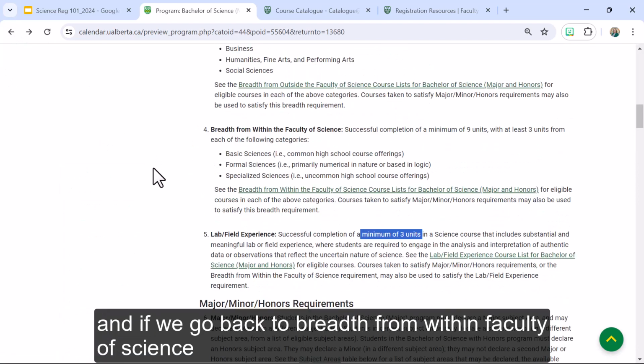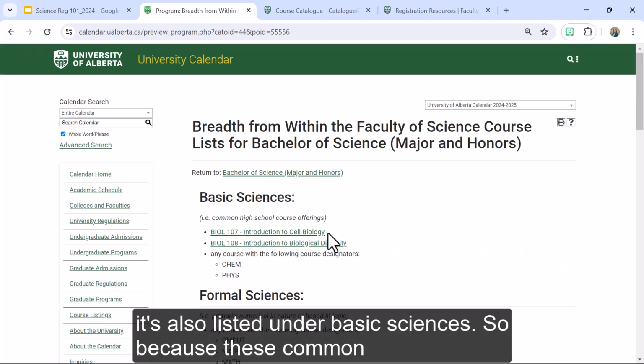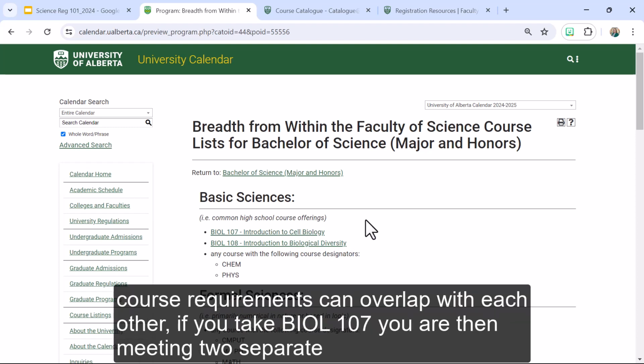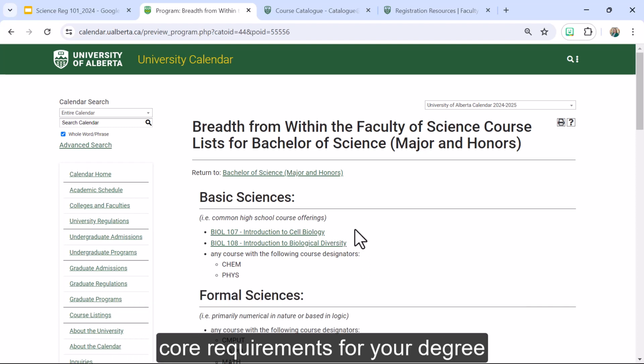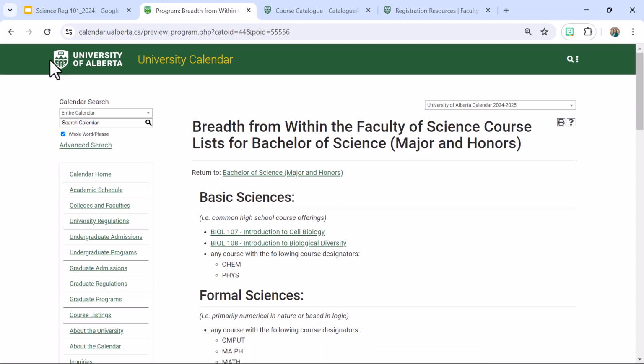And if we go back to breadth from within Faculty of Science, it's also listed under Basic Sciences. So because these common course requirements can overlap with each other, if you take Bio 107, you are then meeting 2 separate core requirements for your degree